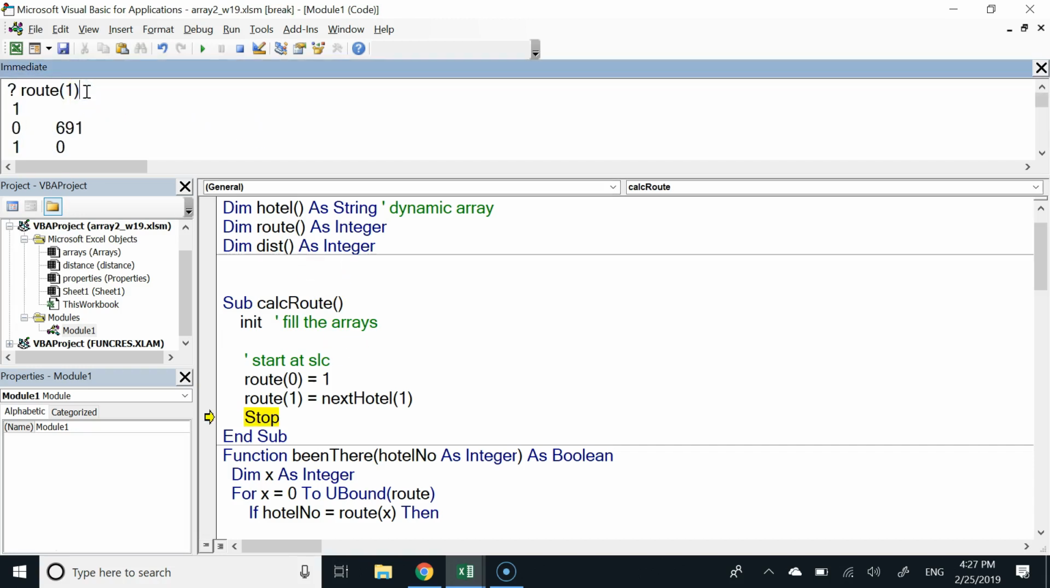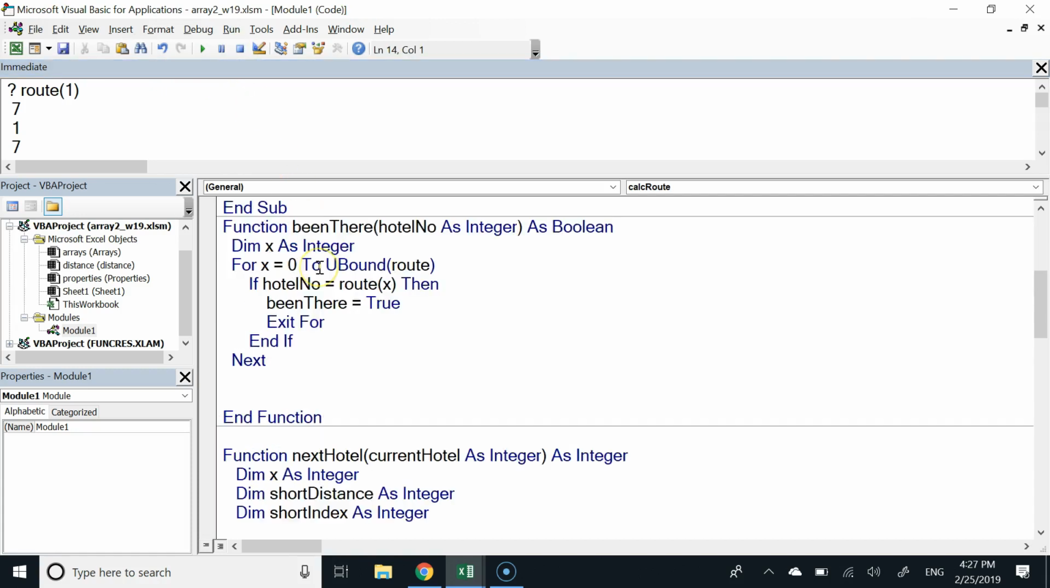So route sub 1 equals 7. Route sub 0 is 1, starting in Salt Lake. The next part, route sub 1, is go to Las Vegas. That's pretty good. Let me look at one more option that I could do when I'm calling that bin there